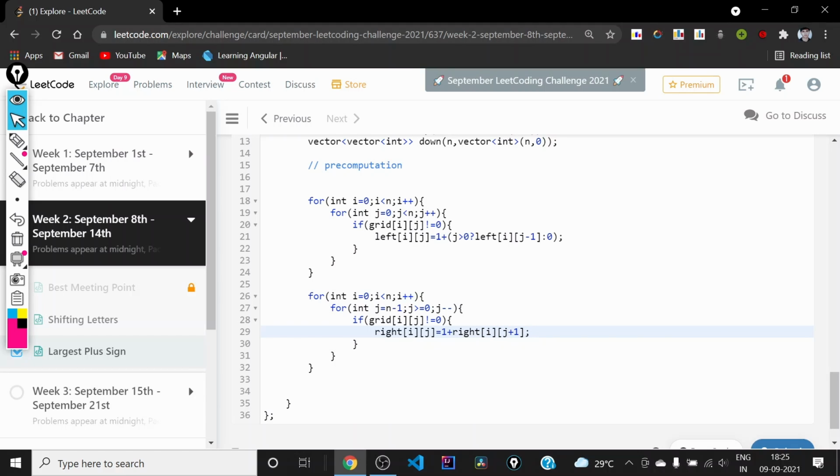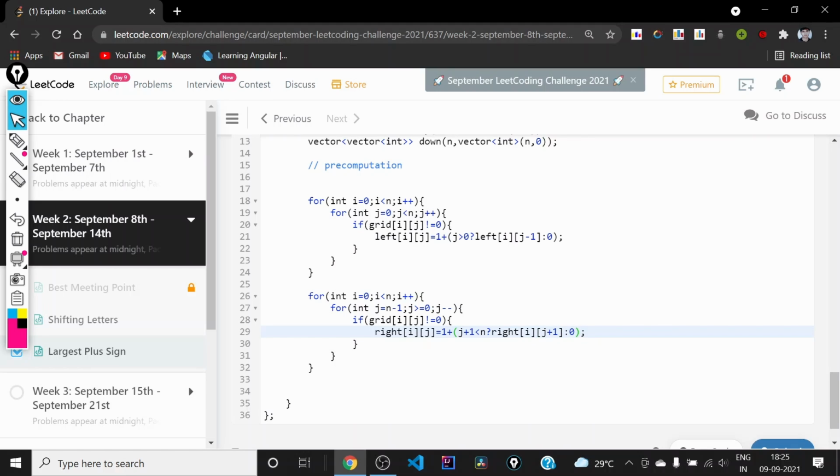Now the same thing as in the previous problem applies: we will have a problem if this j is n minus 1, because this will again give us an array index out of bounds error. So we need to check whether j is less than n minus 1 or not. Or we can check whether j plus 1 is less than n or not. So if j plus 1 is less than n, then we can use it.